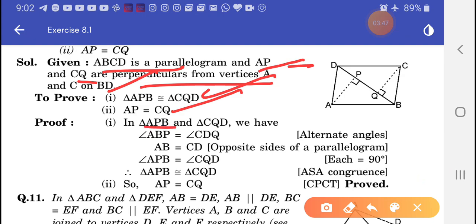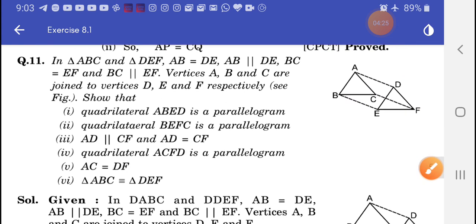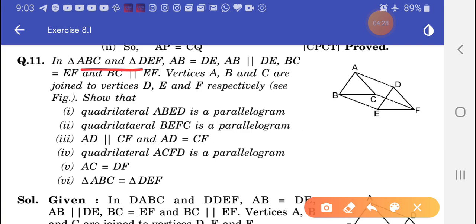Proof: in triangles APB and CQD, we have angle ABP and angle CDQ, alternate angles. After that AB equal to CD, opposite sides of a parallelogram are equal. Then angle APB equal to angle CQD, perpendiculars, 90 degrees. Now triangle APB congruent to triangle CQD, angle side angle congruency. Second part, AP equal to CQ, CPCT. Now 11th question, in triangle ABC and DEF, AB equal to DE and